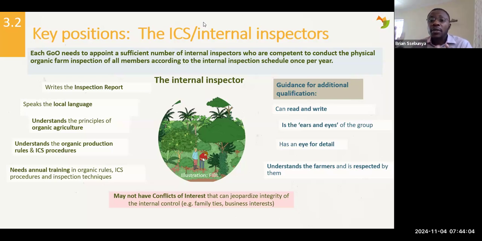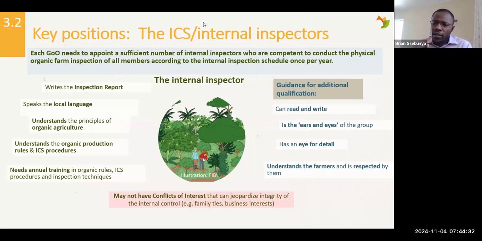Even pineapple, you can't be the internal inspector of organic pineapple growers when you don't know how long the pineapple grows, what they use to plant the pineapple. You know, some people still think you use seed. Things like those. You really need to understand what the production system is for you to be a competent internal